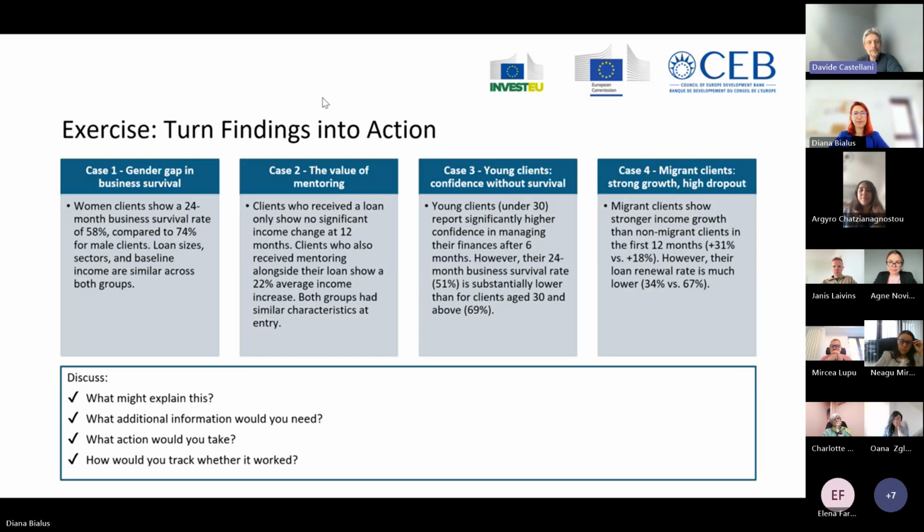Very good. Thank you very much. I'm glad that you have had a very fruitful discussion, so that you have also identified some actions, what further information you need, to really take a decision. So let's go to case 3.